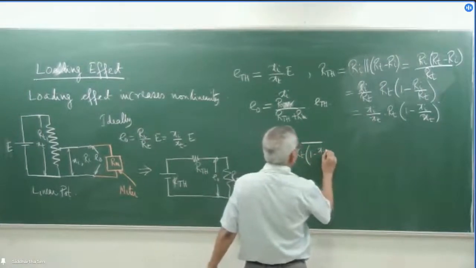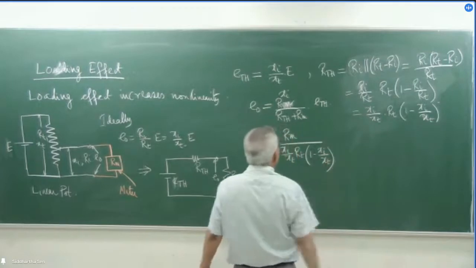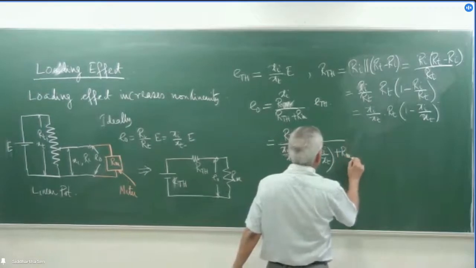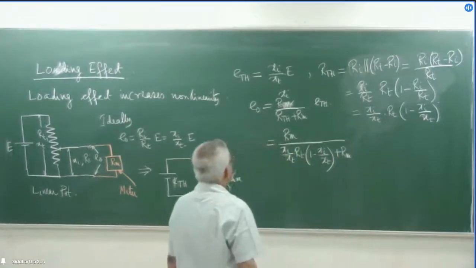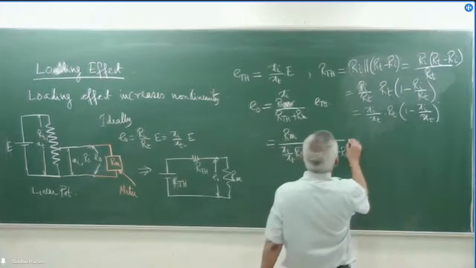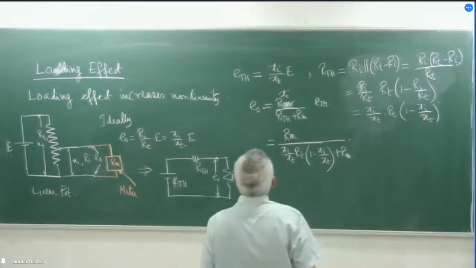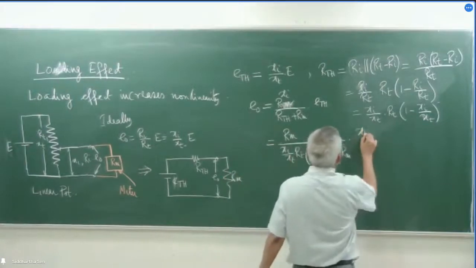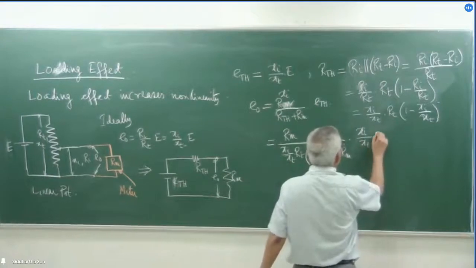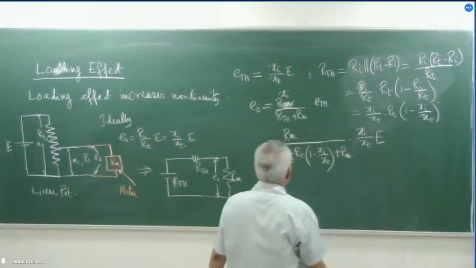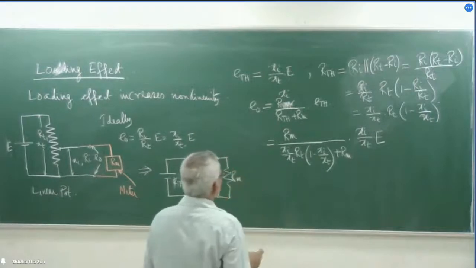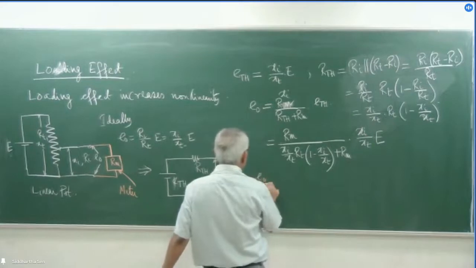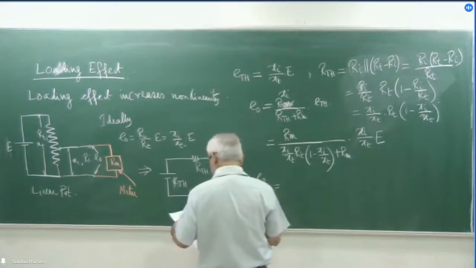You may think that we are unnecessarily complicating it, but possibly after some time we will understand why we are doing it. But please correct me if I am making some mistake. So here it is Xi divided by Xt into E. Is it all right? So I can simplify that E0 divided by capital E is equal to